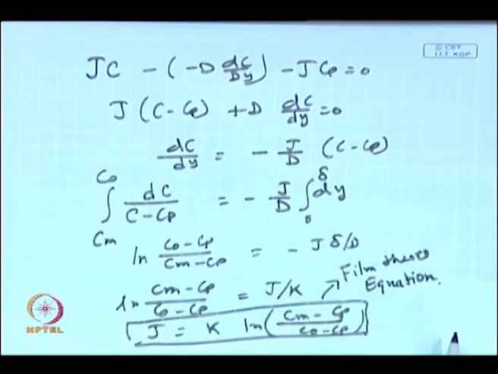Okay. So if you somehow can estimate the membrane surface concentration, if you know the permeate concentration either by experiment or theoretically, and you know the feed concentration, and if you know how to estimate the mass transfer coefficient, you can estimate the value of the permeate flux. Now, before going into the detailed calculation, how to solve this equation and how to estimate the membrane surface concentration, I would like to discuss something about the mass transfer coefficient, because the expression of the mass transfer coefficient is quite relevant and quite important in carrying out this type of calculation.